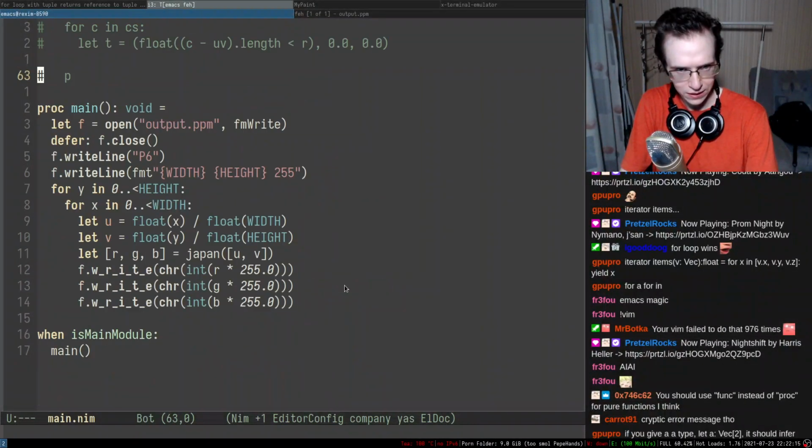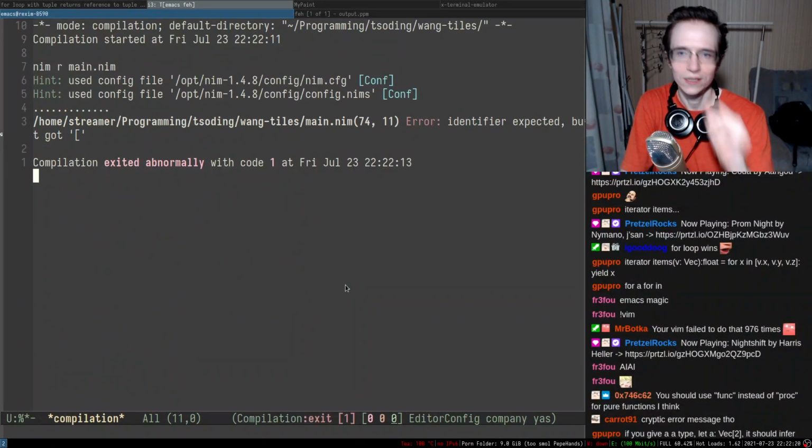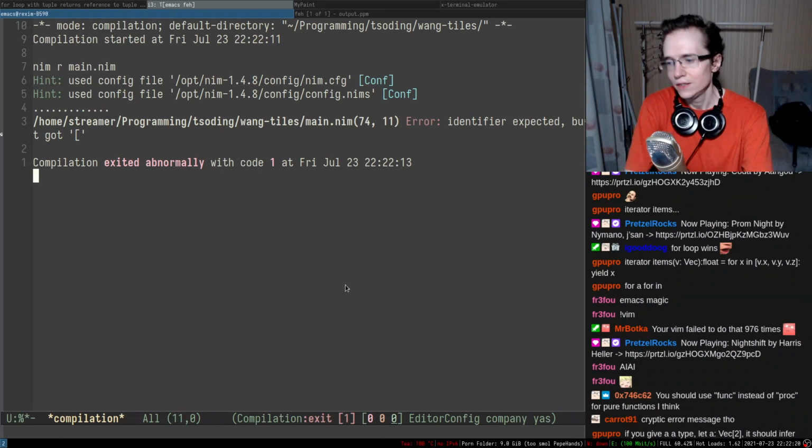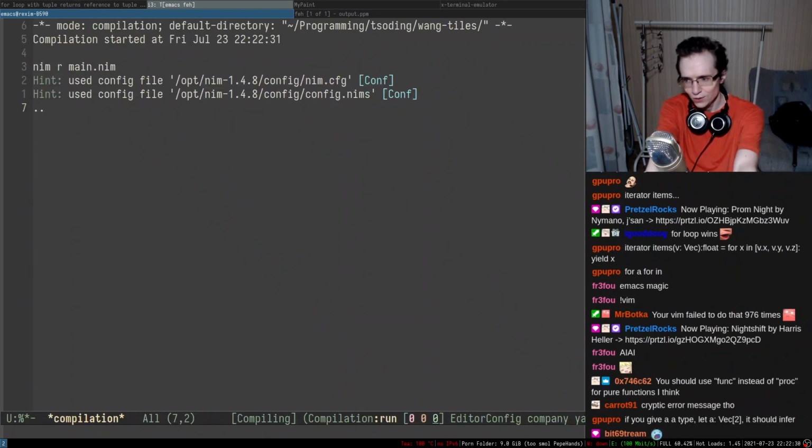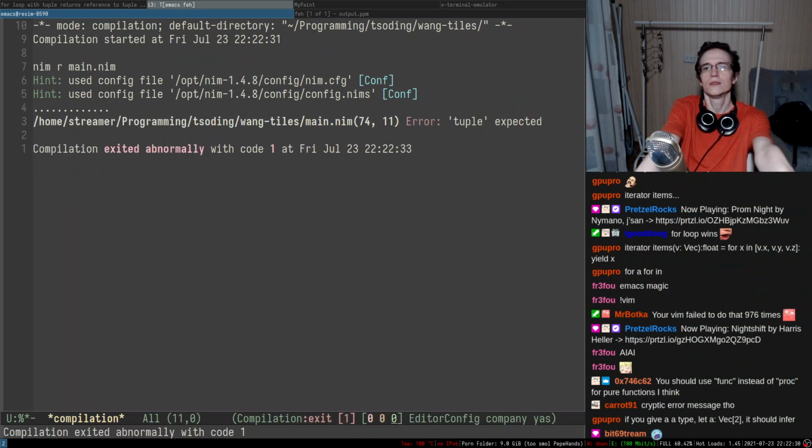Okay, 74. So are you telling me that you cannot destructurize arrays? Is that what you're trying to tell me, my friend? I can't destructurize arrays? Or do I have to do that in a very specific way?